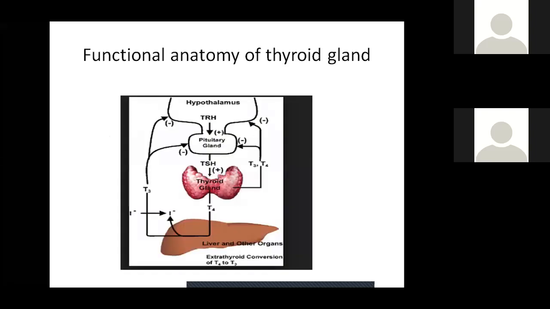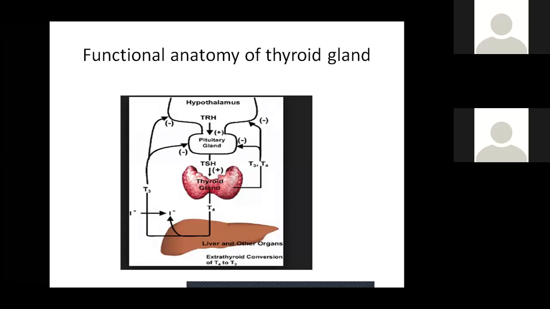Thyroid disease in pregnancy. This is the functional anatomy of the thyroid gland. As you all know from your physiology, the hypothalamus releases the thyrotropin releasing hormone, which acts on the pituitary gland, and the pituitary gland releases thyroid stimulating hormone, which acts on the thyroid gland, and it releases T4. Then there is peripheral conversion of T4 to T3, and most of the 75% of the thyroid hormone that